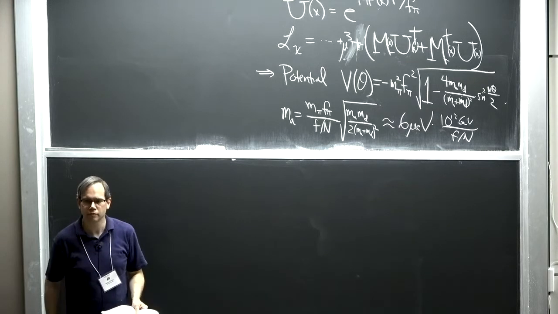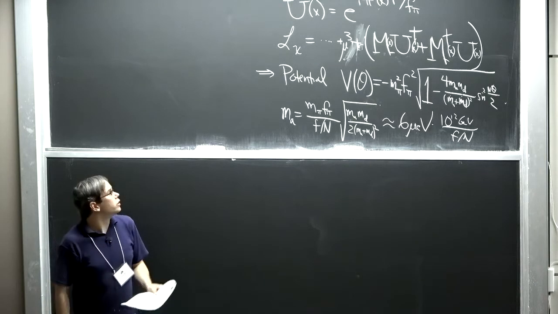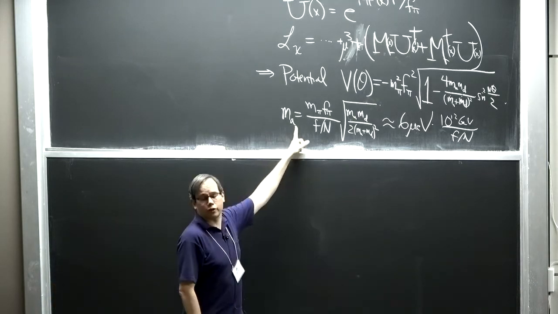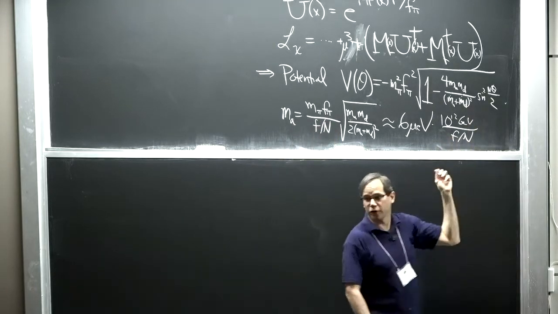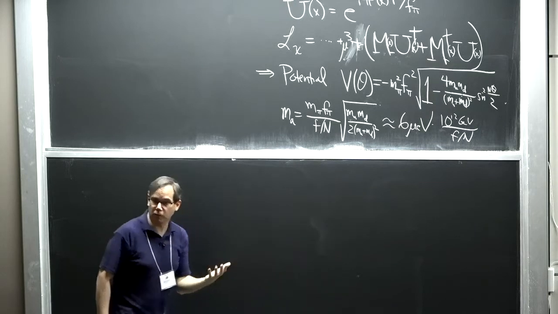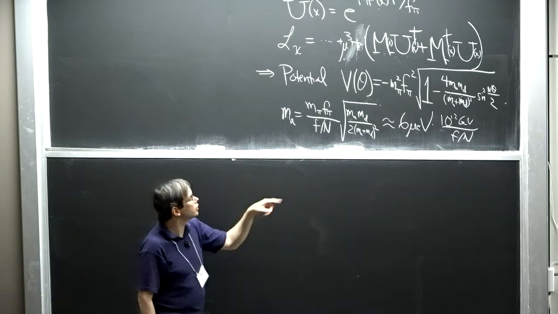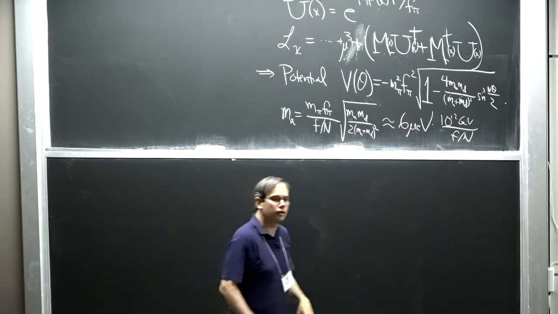Yeah. F doesn't appear in the potential, but it appears in the mass. Good. So it appeared in the mass because to get the mass, I need to canonically normalize my field. So this is the potential written in terms of this theta, which is 2 pi periodic. But the actual canonically normalized field that has the usual 1 over p squared minus m squared propagator is F times theta. And that's why the F appeared. Thanks.